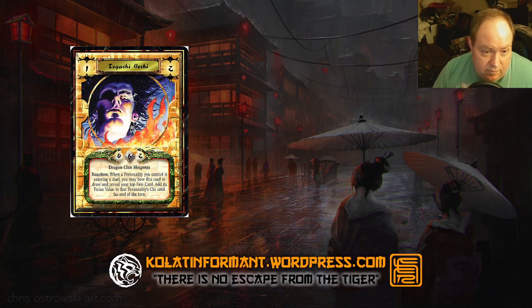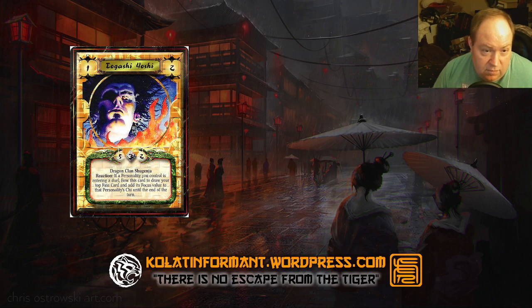Now, I want to flip back and forth here for a minute. You'll notice on the pre-imperial version of Togashi Yoshi, there is a thin border around or on the outside of the frame. It's a solid yellow, red, orange border. During the old days of the game, before anybody thought of collector information or rarity or any of that other stuff,